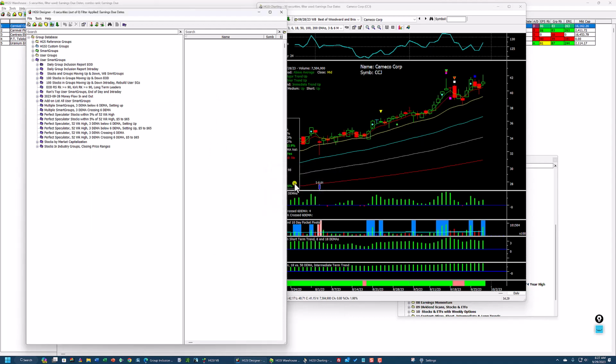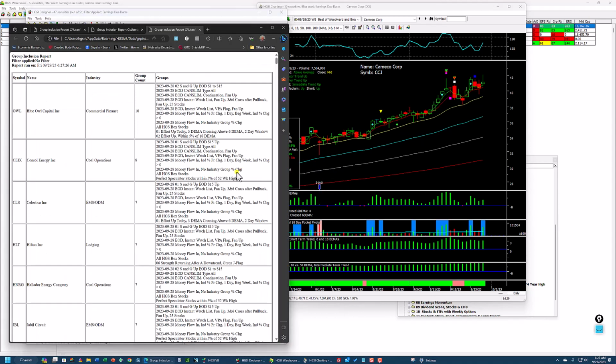So what you can do is set up your favorite groups, user smart groups or regular smart groups, and then you can build a custom group report. Like I said, I'm not ready to release this yet. I just started experimenting with this, and I just wanted to show something, one other thing you could do with this